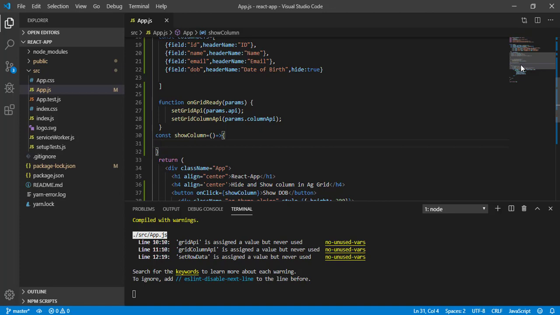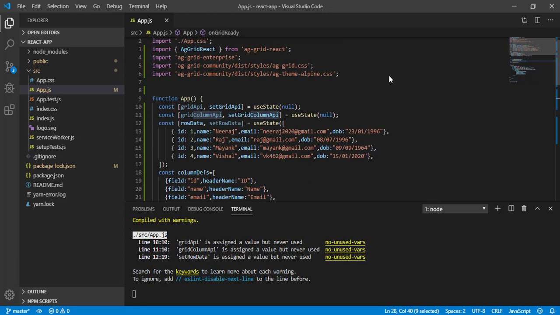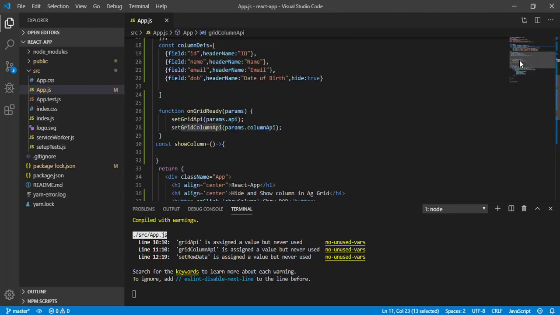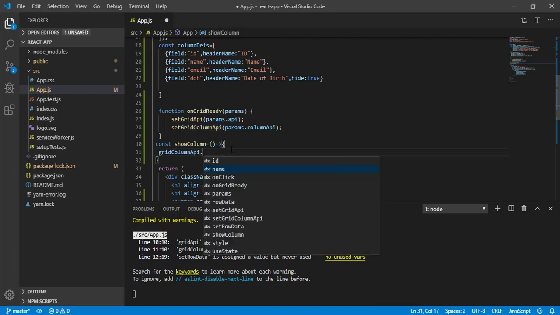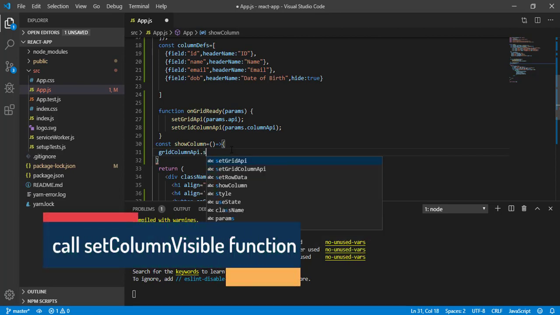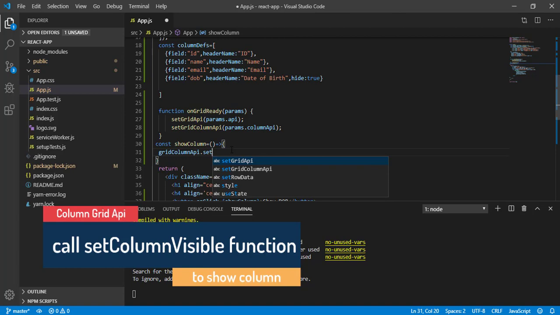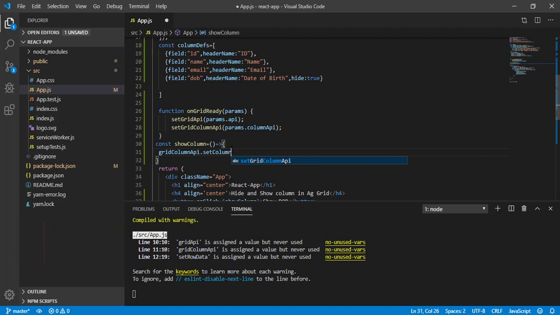Now what we will do is, here we have the grid API, and this is the grid column API. We are setting this state into this variable, gridColumnAPI. Let's copy this one, come to the function, and write gridColumnAPI dot, and this is going to give me access to a function called setColumnVisible.